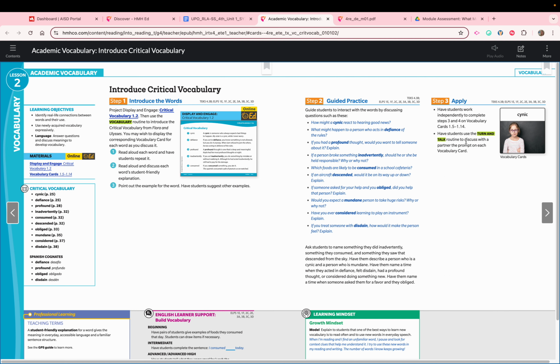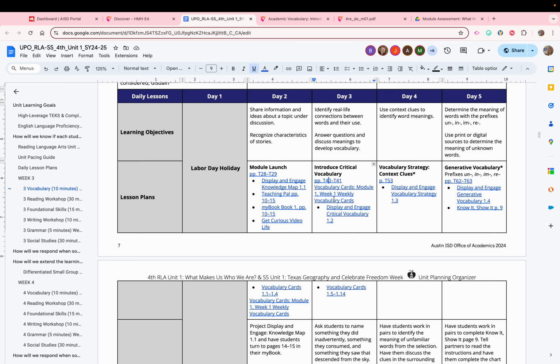turn and talk routine to discuss with a partner the prompt on each vocabulary card. So this would be a great item to put into a station for the day to have students just go back and look at it. You might be thinking, well, what's up with these vocabulary cards? Where are they? Let's go look at the UPO really quick, because I remember in that list there was a